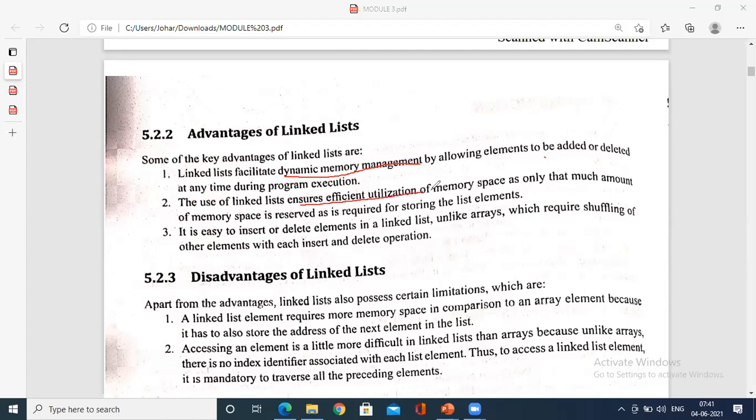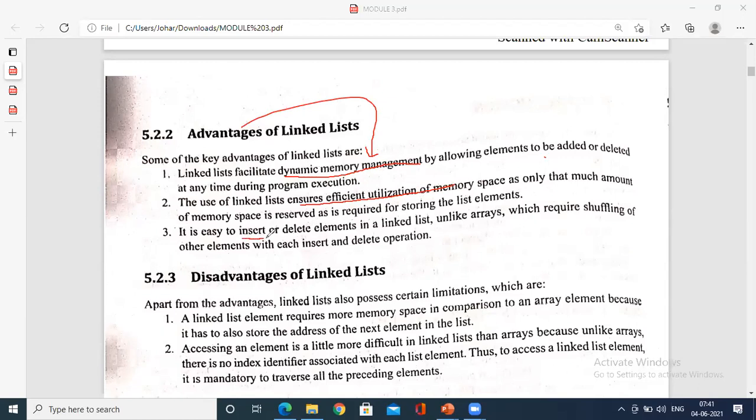This is an important question that might be asked: what are the advantages of a linked list? One of the advantages is dynamic memory allocation, that is, allocating the memory at runtime. If you write just that much, it is enough. Instead of compile time, it allocates the memory during runtime, that is, during execution time, giving efficient utilization of memory space.